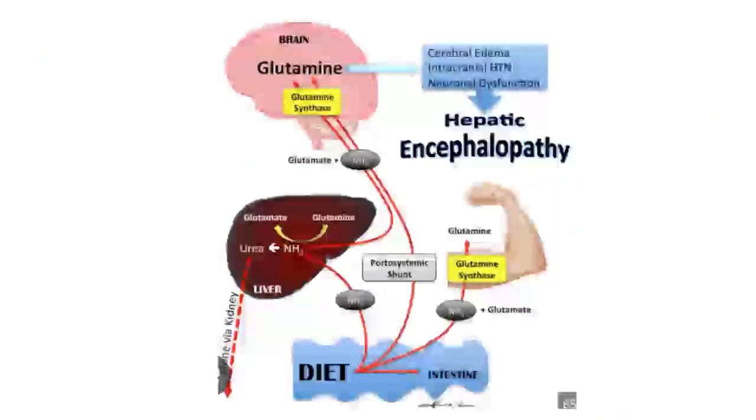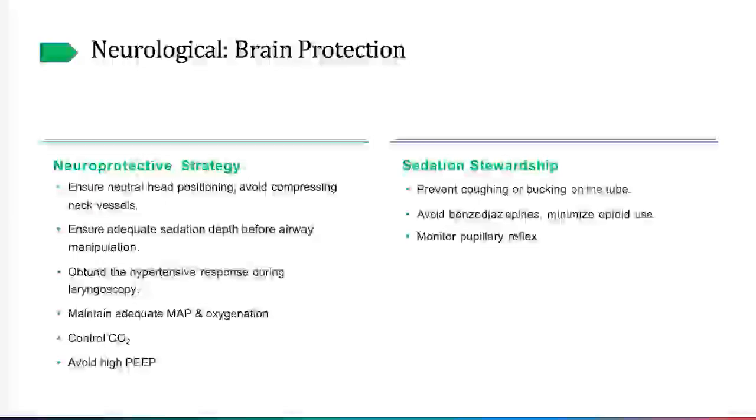So what we should do during the perioperative period. We have to prevent the patient going into hepatic encephalopathy, and to prevent increase in intracranial pressure, we go for neuroprotective strategies. That is, you keep the head in neutral position to avoid kinking of major blood vessels, veins, and avoid compression of neck vessels. So this is to ensure adequate venous drainage